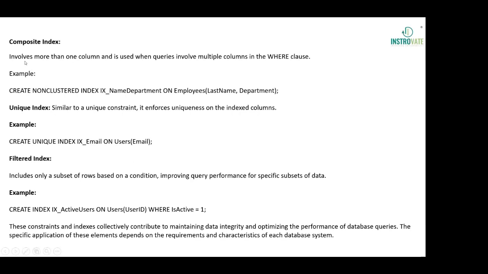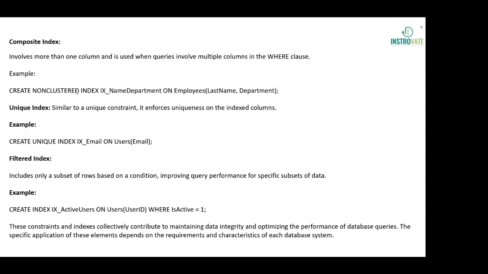Now composite index involves more than one column, and is used when queries involve multiple columns in the where clause, like create non-clustered index on employee last name and department. So this kind of thing, more than one column, is used when queries involve multiple columns in the where clause. And unique index,